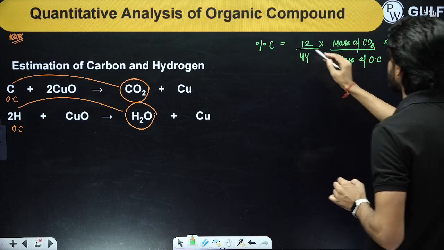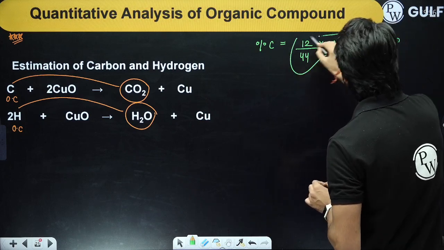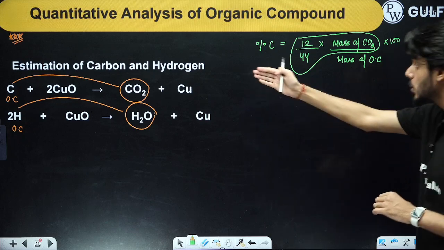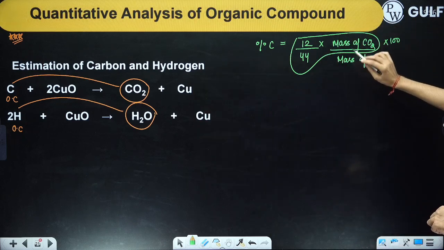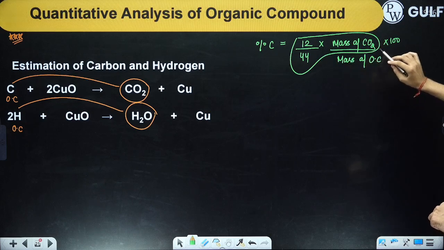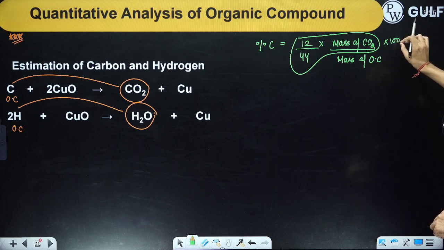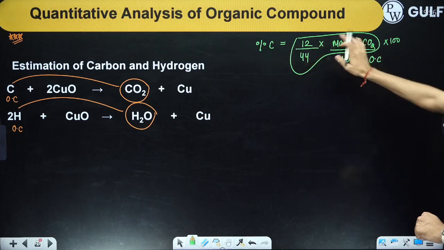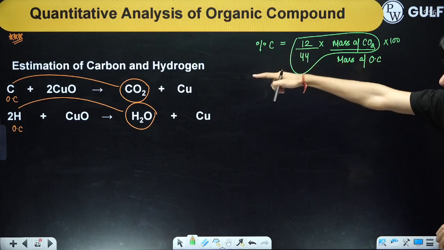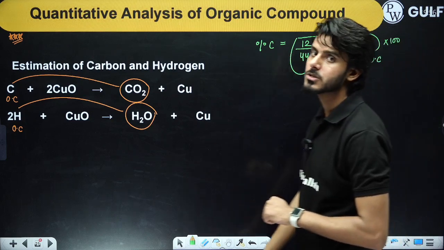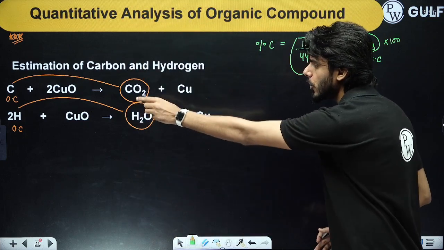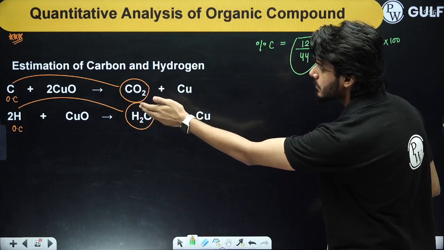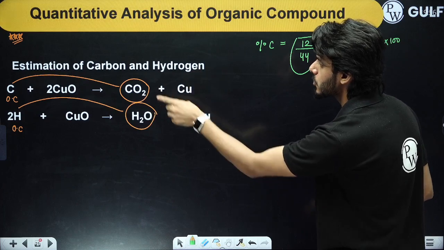Now if you look at this, this is the given mass of carbon in this equation, guys. In the first equation, you divide the mass of carbon by the mass of organic compound, and then you multiply this by 100. You will have the percentage of carbon. So this is the whole mass of carbon using the stoichiometry. I'm not getting into the stoichiometry because it will take a lot of time, and this is a short session. Very well. Similarly, if you want to do the quantitative analysis of hydrogen, you will again